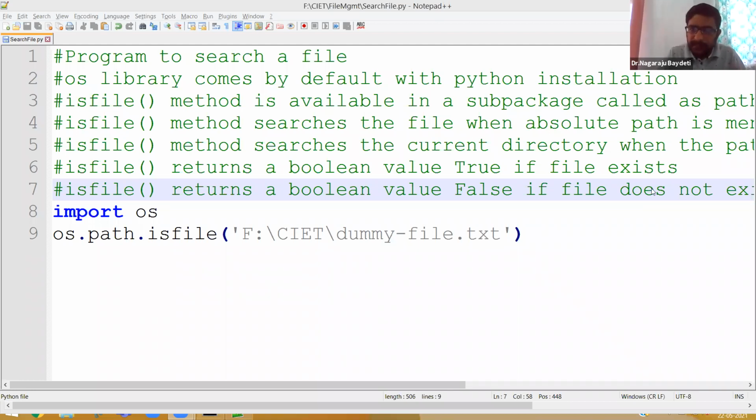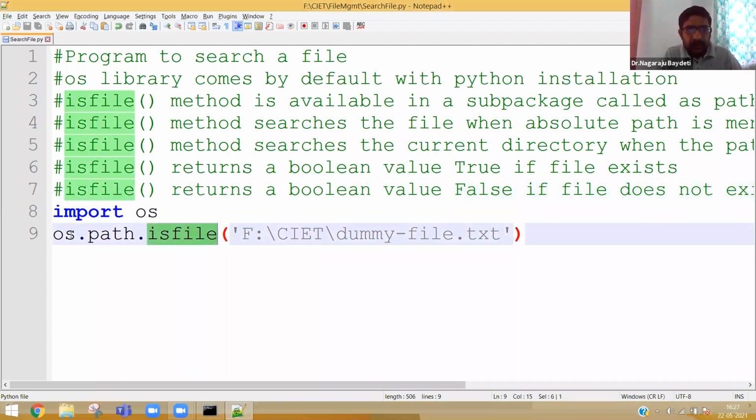Okay. Manasa, even day before yesterday I explained one of the modules. Even if you were absent yesterday, if you attended day before yesterday's class, you will understand. Simple line. A module is something which may come by default from Python or which you can create yourself, where some methods are defined which you can use in your program. Now, isFile is a method available in the OS main module. There is a submodule called path.